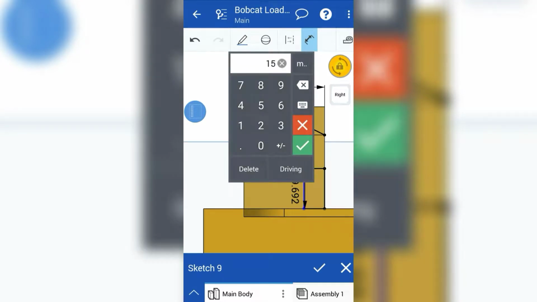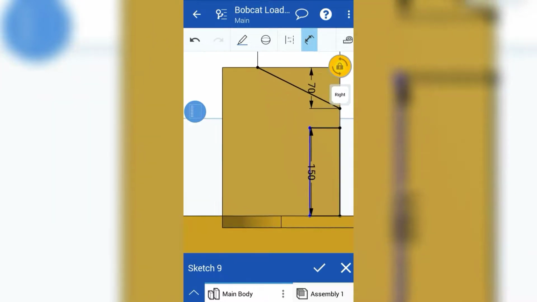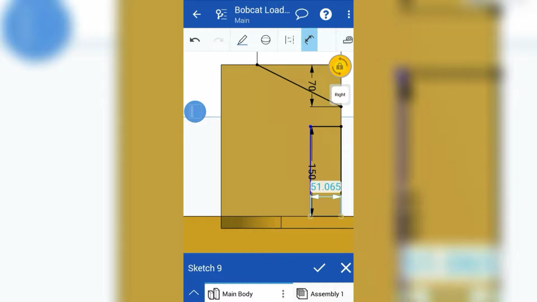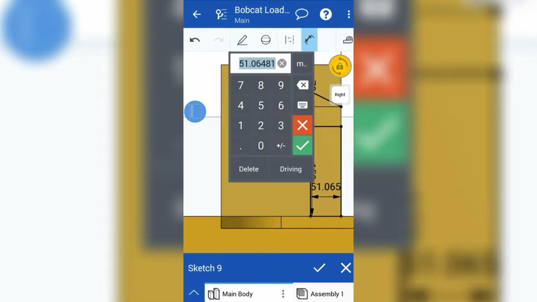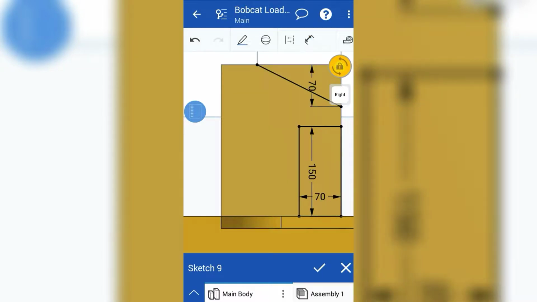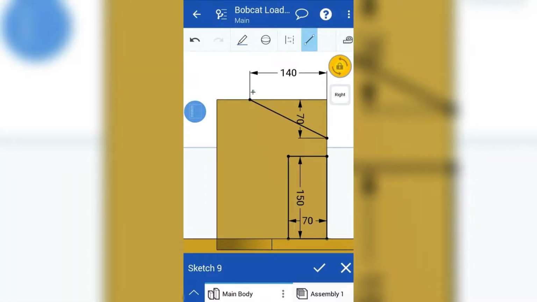Again, the vertical distance is 150 millimeter for the rectangle and its horizontal distance is 70 millimeters. Both of them are defined, and let's connect these points in order to make a closed entity and in order to remove some part by means of the